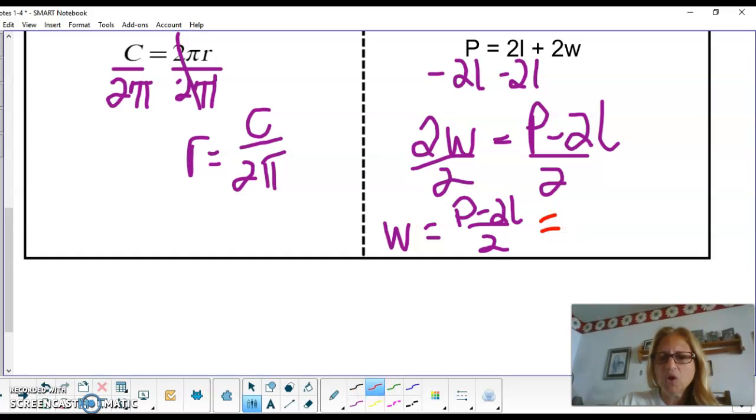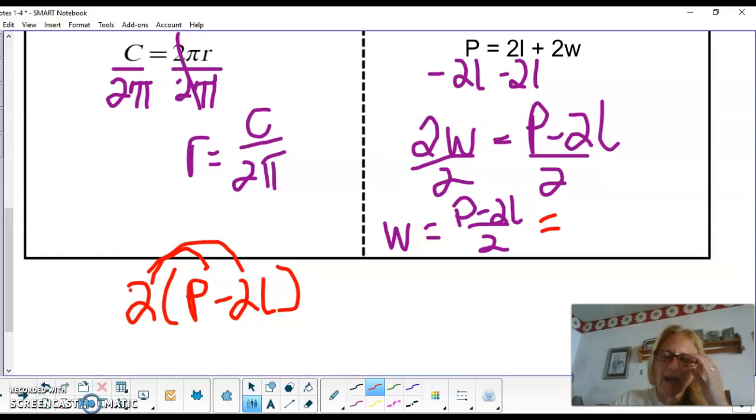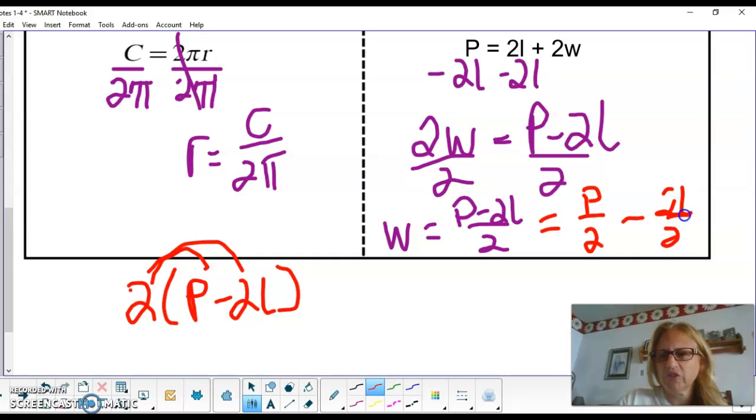in the upcoming weeks. When you have a problem like this, it's like the distributive property. You know how when we distribute, if it was 2 times P minus 2L, we would multiply it by both terms. We can actually divide it into both terms as well and break it into 2. So it would be P divided by 2 minus 2L over 2, okay? And then one of those terms can be simplified. Now it's a 2. So this one, there's nothing we can do, so we'll leave it as P over 2